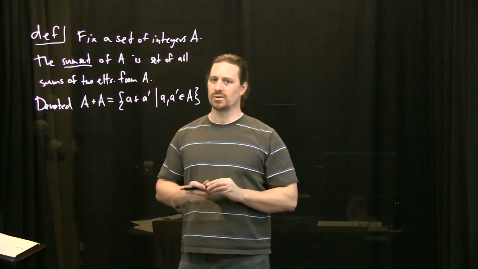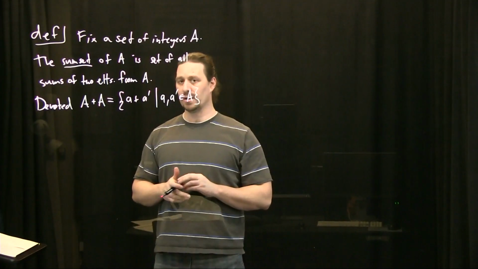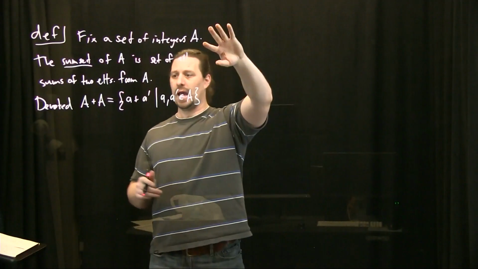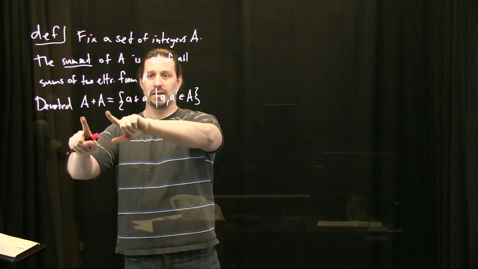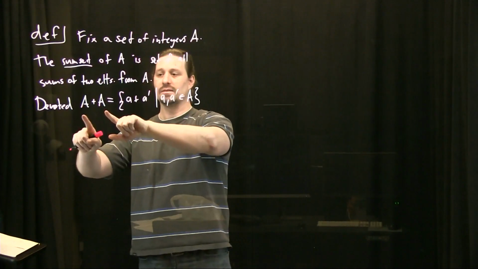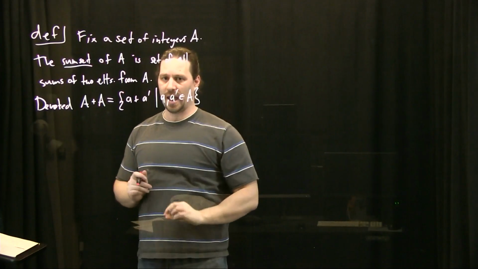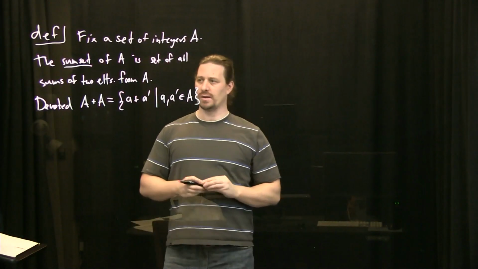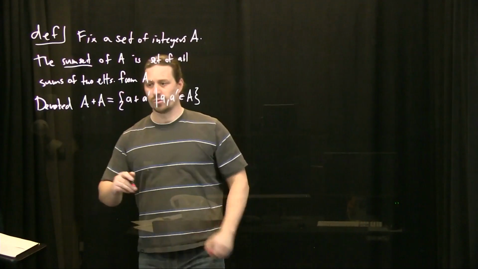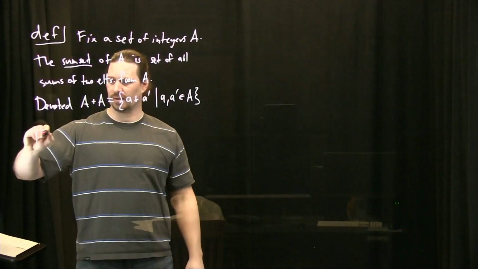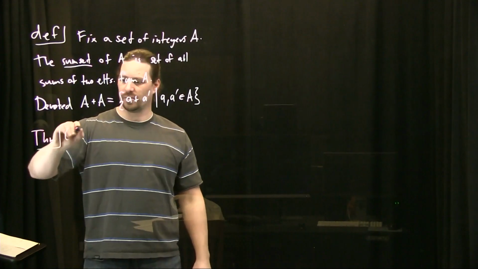And actually, it's an important question in additive or combinatorial number theory. If you know something about A, what does the size of the sum set look like? Or sometimes, if you know the size of the sum set, what does it have to tell you about A? Okay, these are very interesting and often quite difficult problems. And the theorem we'll prove today is exactly of that type. Okay, so this is the theorem of